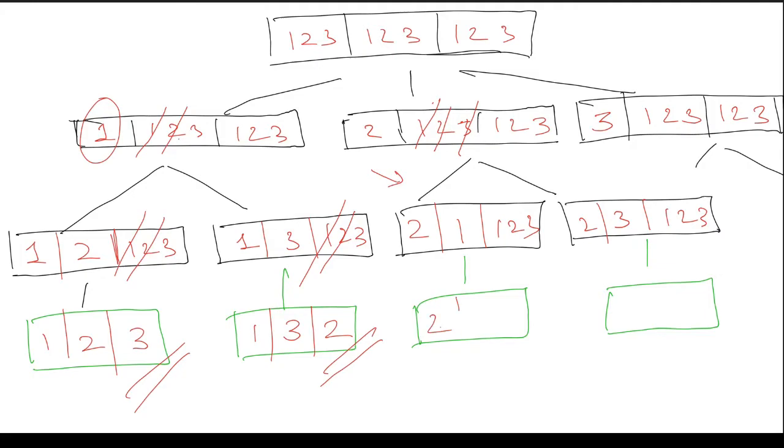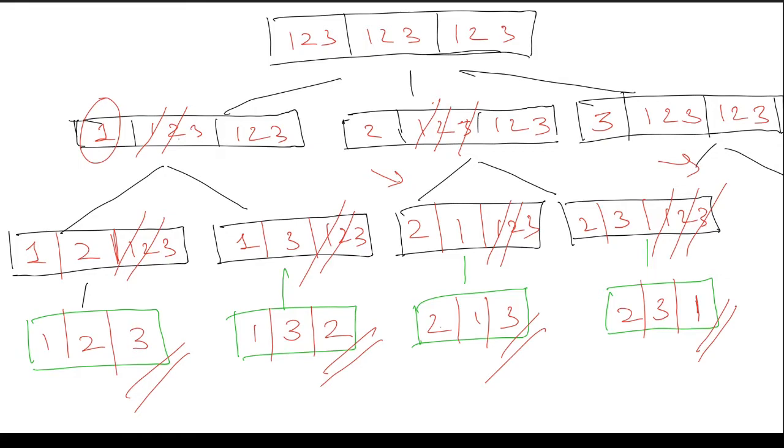Okay. Now 2 is fixed, 1 is fixed. Can I take 1? No, I cannot take 1. I cannot take 2. I can take 3. So this is my third permutation. For this, 2 3 is fixed. From 1 to 3, can I take 1? Yes, I can take 1. So I have taken 1 and it is fixed. Can I take 2 now? No. Can I take 3? No. And again for this one it will go on. So this is how we will produce our result, and backtracking is used.